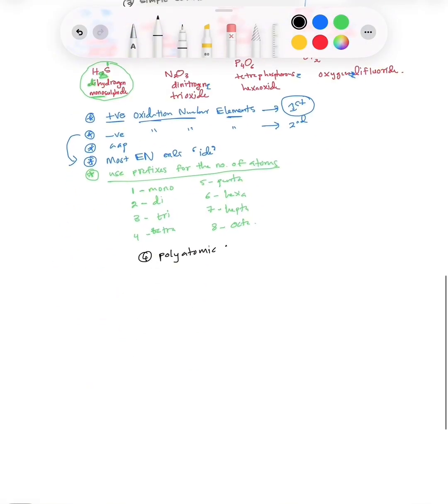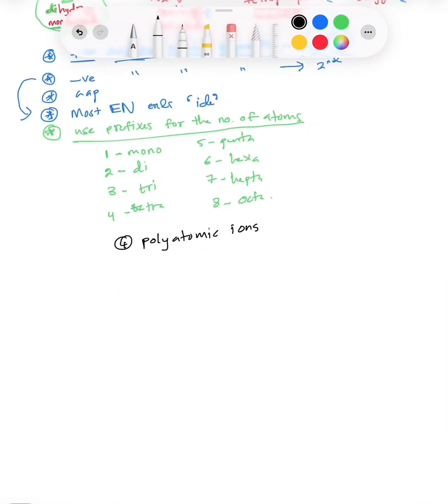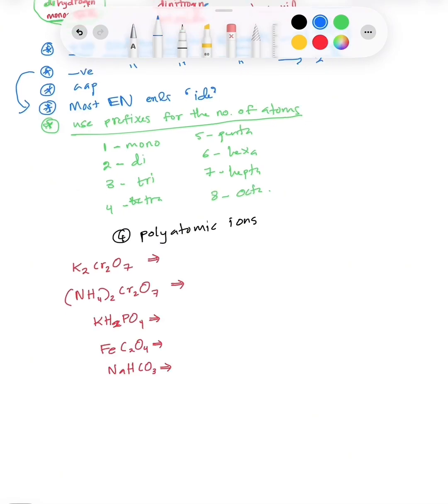Polyatomic ions. So our polyatomic ions, these are the examples I have taken. Potassium dichromate. Let me write the chemical formula first. How do we call this one? We say potassium dichromate,